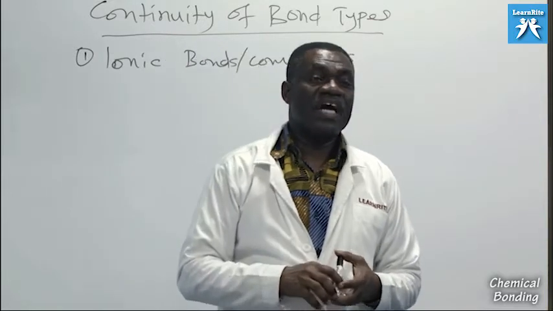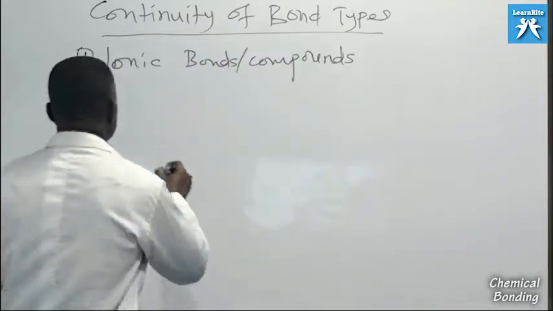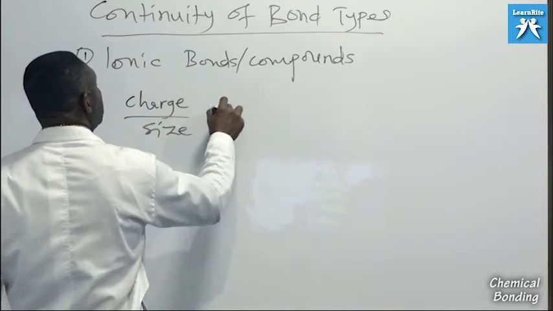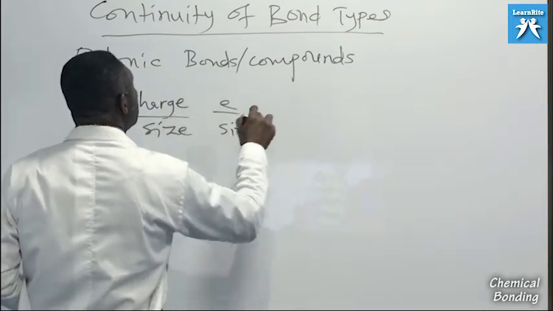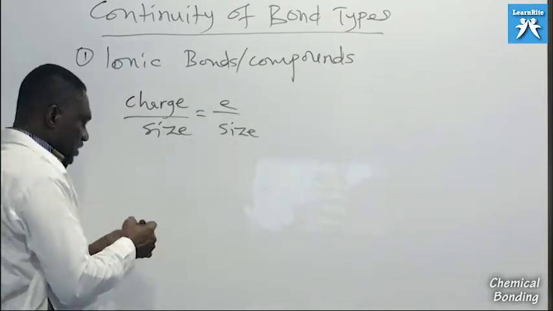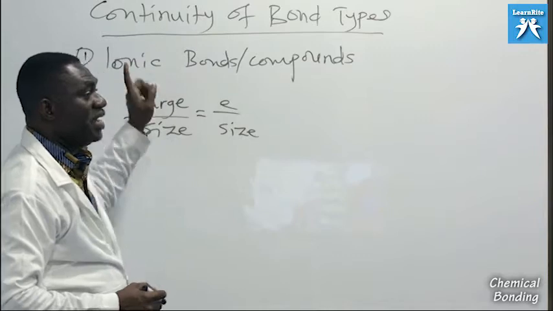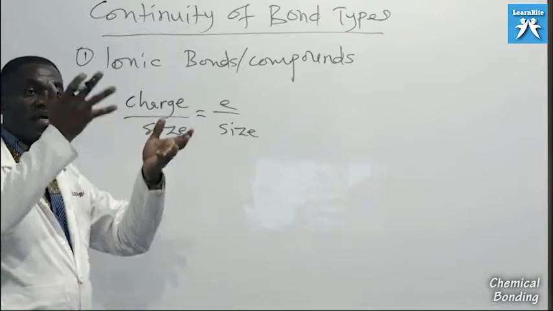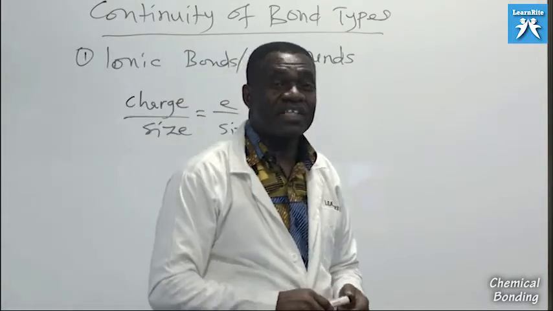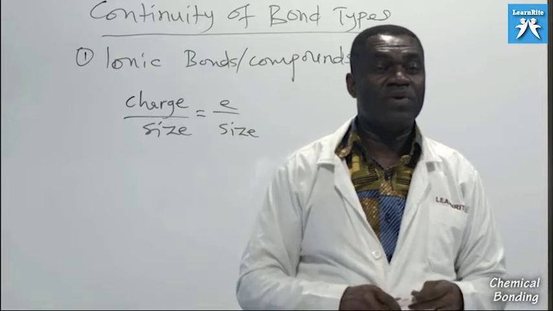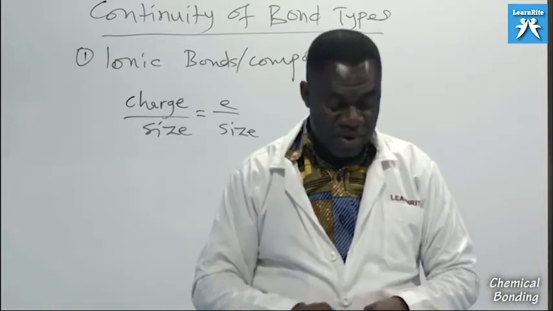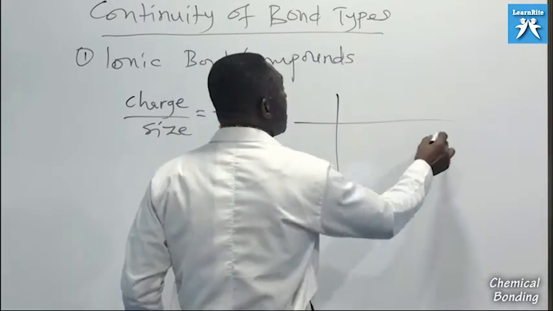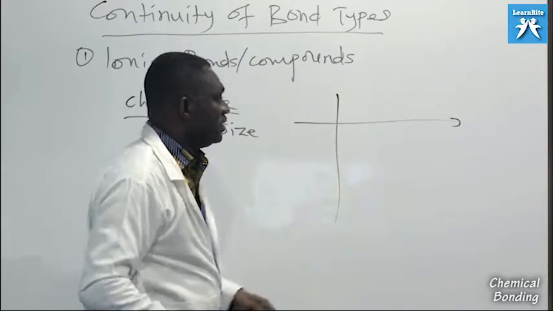We saw that if the charge density is high, and charge density simply means charge over size, or we say e over size. Charge density is high if the charge is high and the size is small, or if the charge is constant and the size is small, then of course charge density will be higher. The higher the charge density, the greater the polarization of the ionic bond and the less ionic that compound becomes. So in summary, we discussed that going across a period,